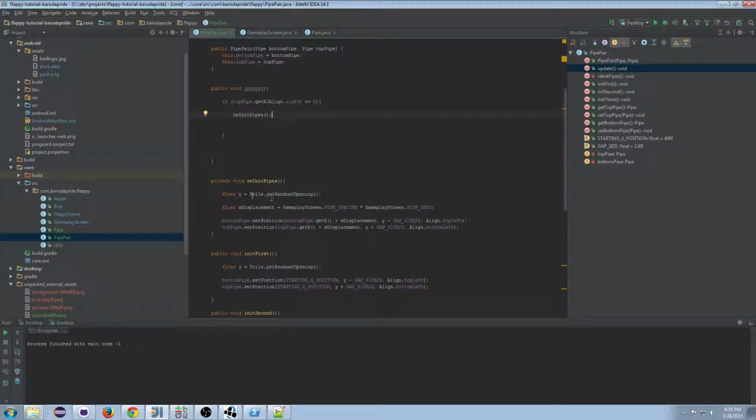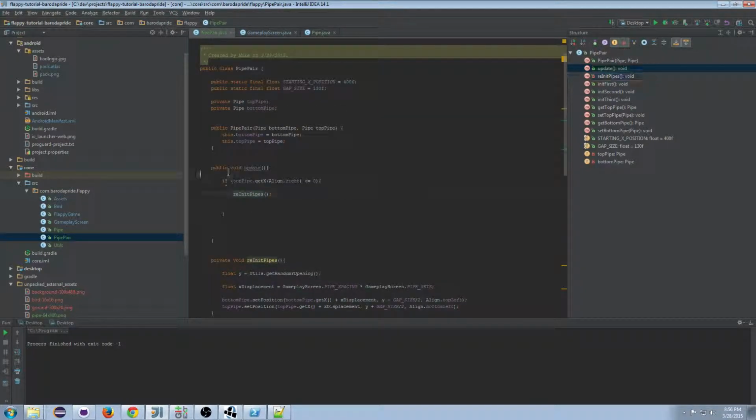and then it's going to give us a random Y opening to work with, and then it's going to use this X displacement, which is the pipe spacing times the number of sets we have, which is 3, and it's going to add that to the x position of each pipe. Okay, so